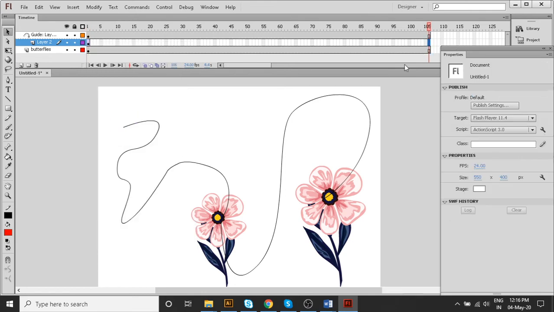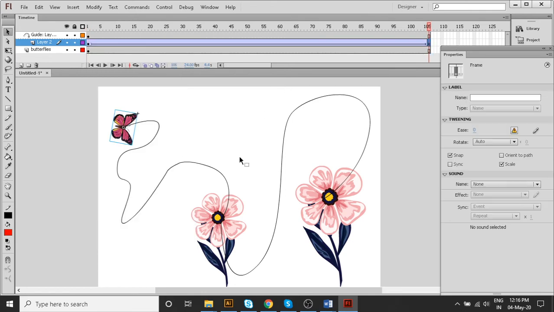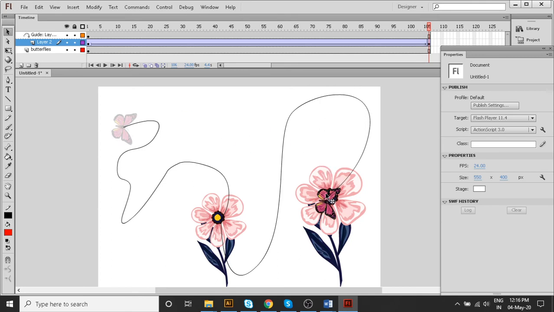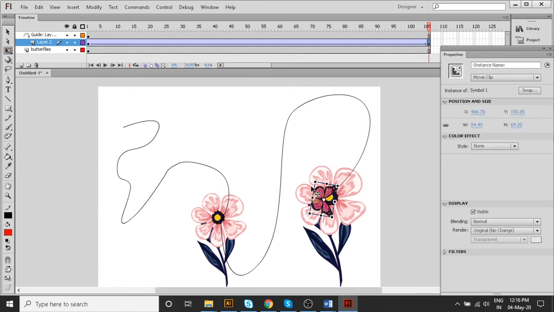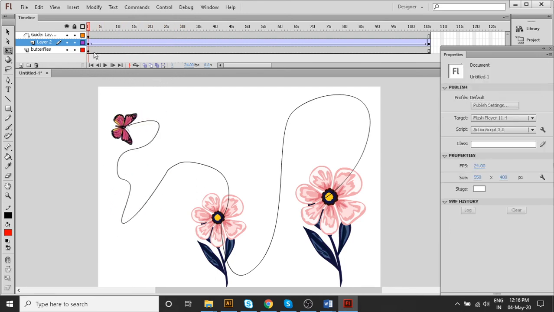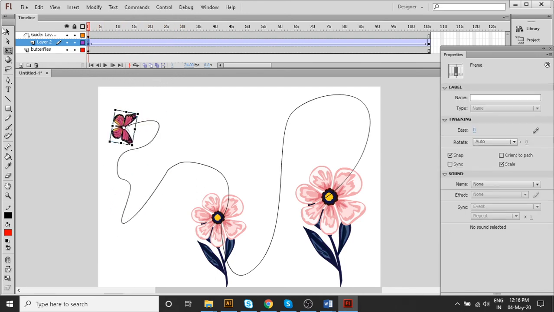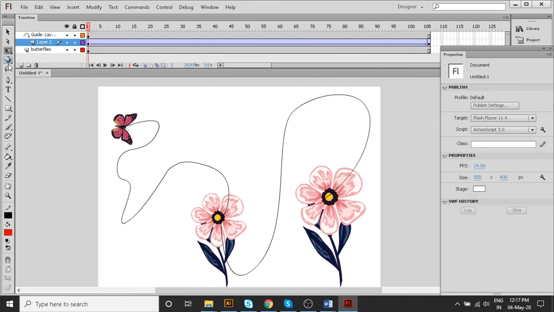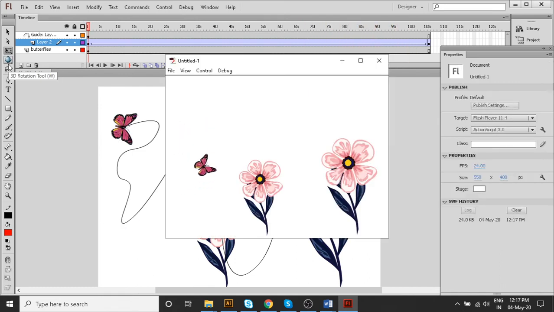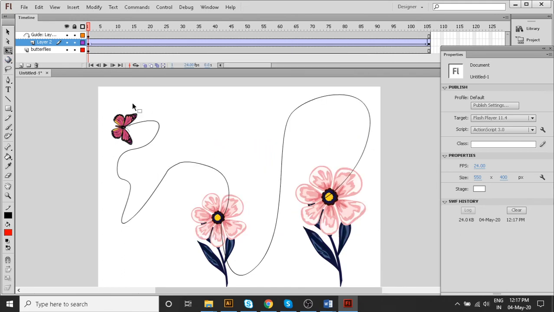Then in this section I can press F6, and where it should go, like here only. So I'll make its body come like here. Let me try how it's working. Okay, good. So I will click here and click on orient to path, and let me see it's coming very properly. So let me check this animation. Yeah, it's working very fast.